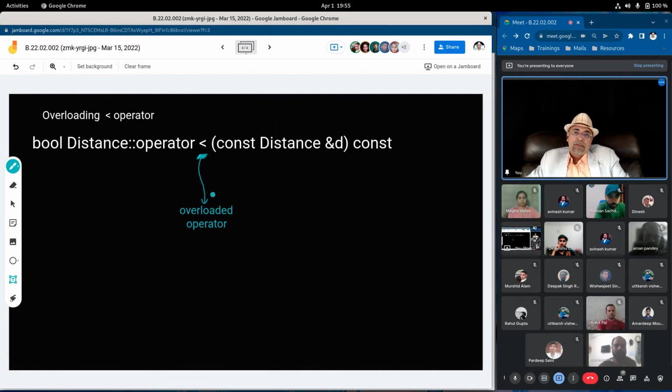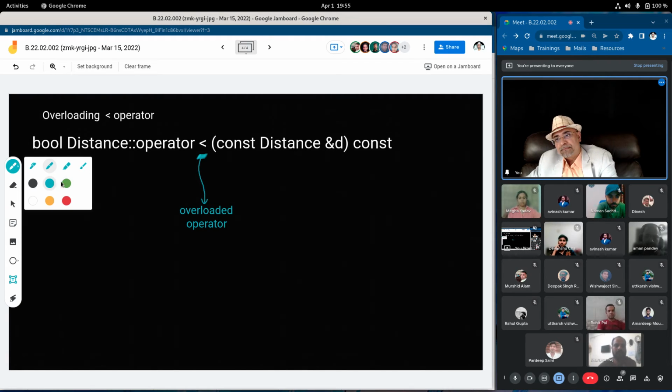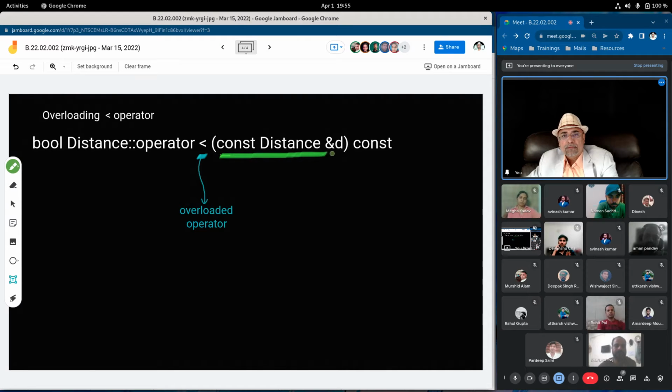Okay, this whole thing is the argument, or within the argument, the address of D1. This has a special meaning.